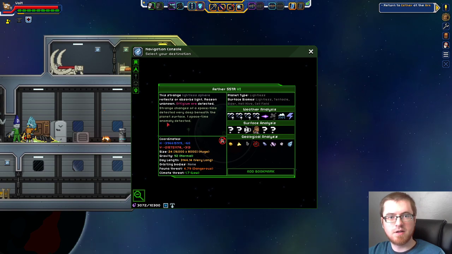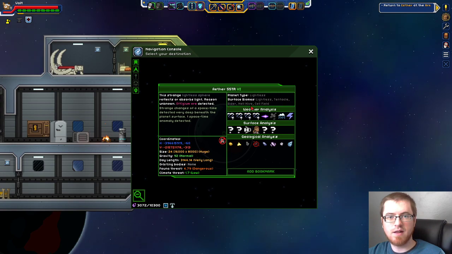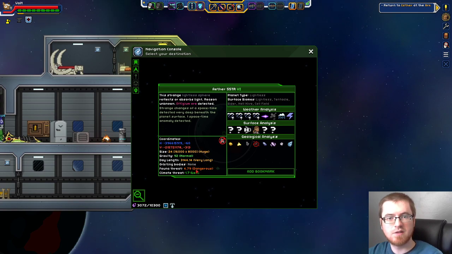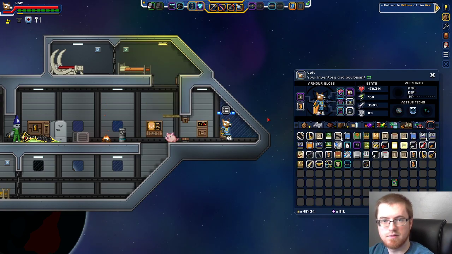No oxygen here. I want to figure out what this means. What do we have for dangers? So we've got Lightless, Tentacle, Elder, Hellhive, and Cell Field. I'm going to want to figure out what that is. Climate threat is low. Yeah, so I think to counteract this...